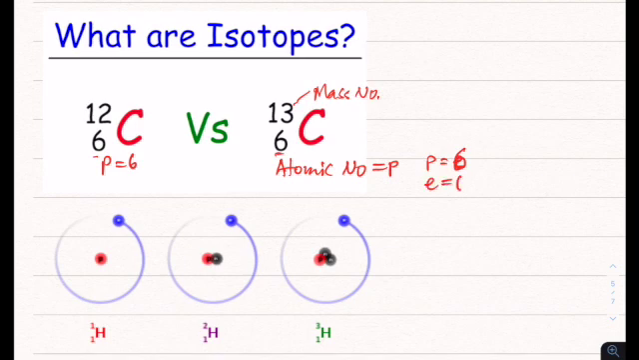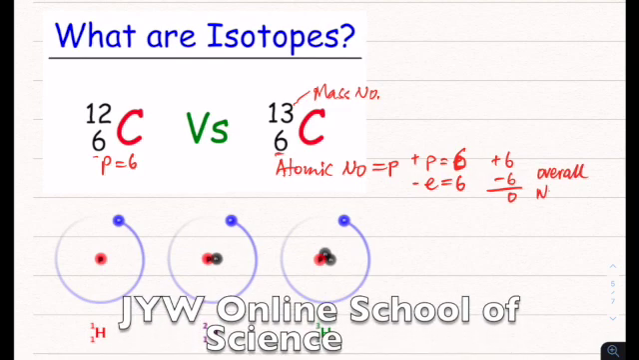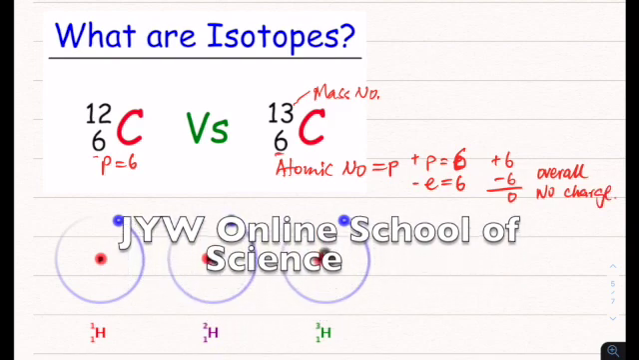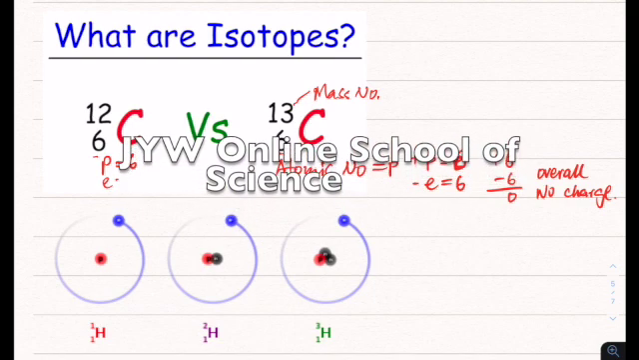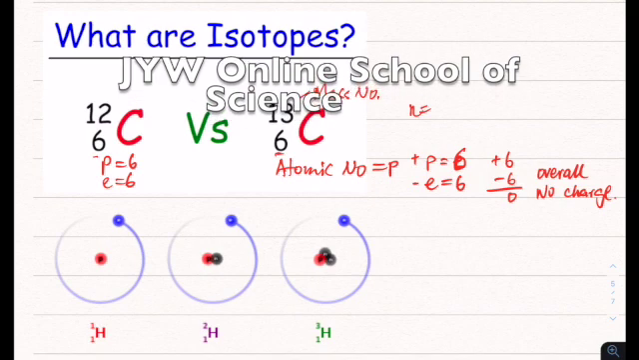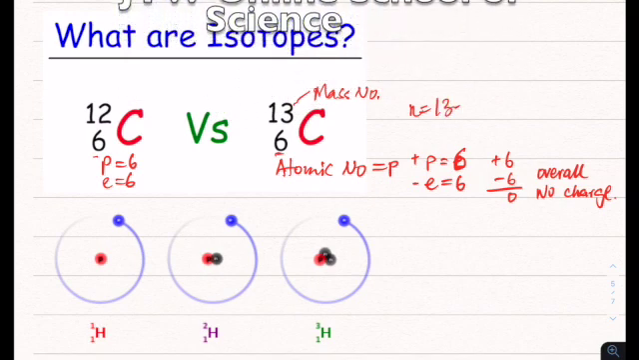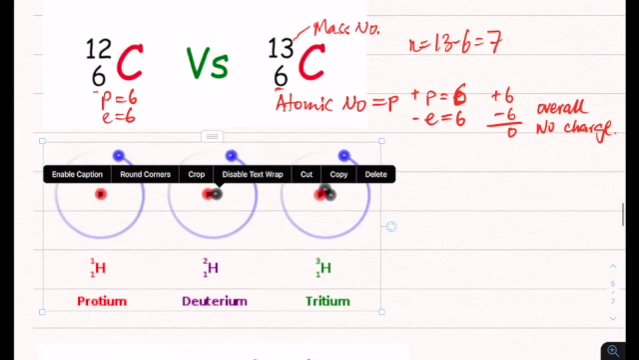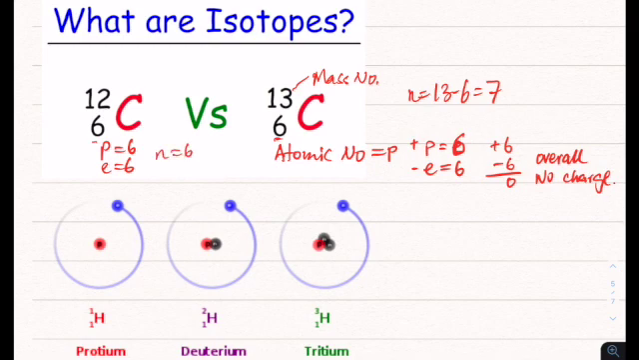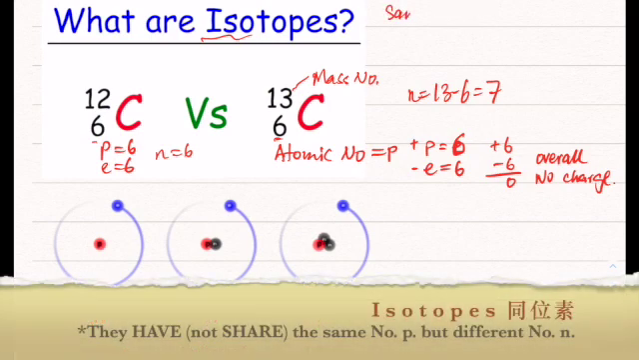Why? Because electrons are negatively charged particles. Protons are positively charged particles. So they have to cancel each other out, making sure this atom has overall no charge, as I said from last lesson. And therefore electron number and proton number are the same. So again, electron number is 6. Now, neutron number is the mass number take away the atomic number. So that's 13 take away 6 gives you 7, and that will be 6 for the other. So isotopes means those atoms share the same number of protons, they share the same number of electrons, but